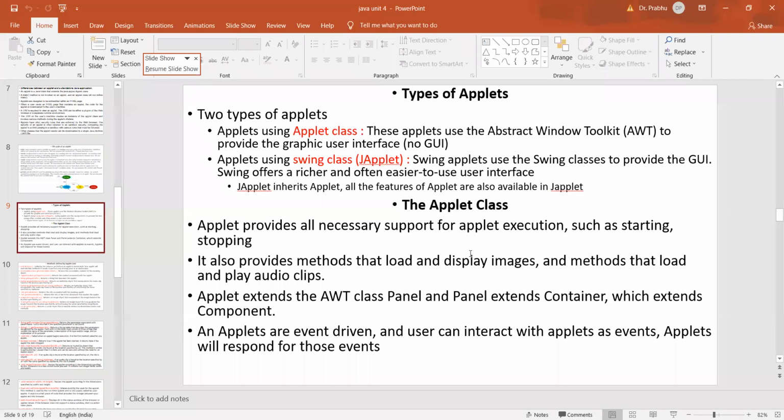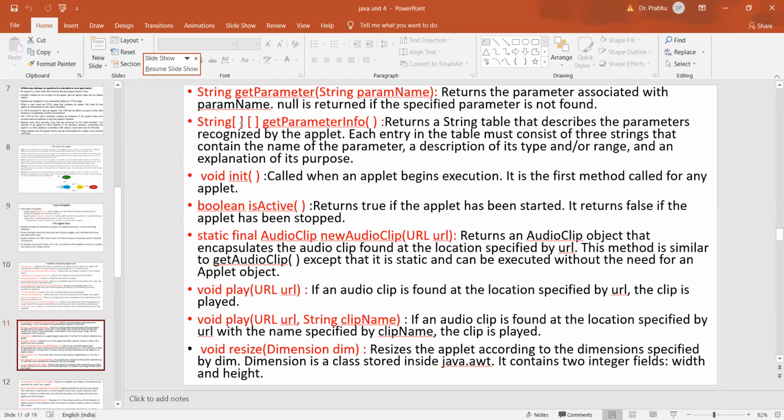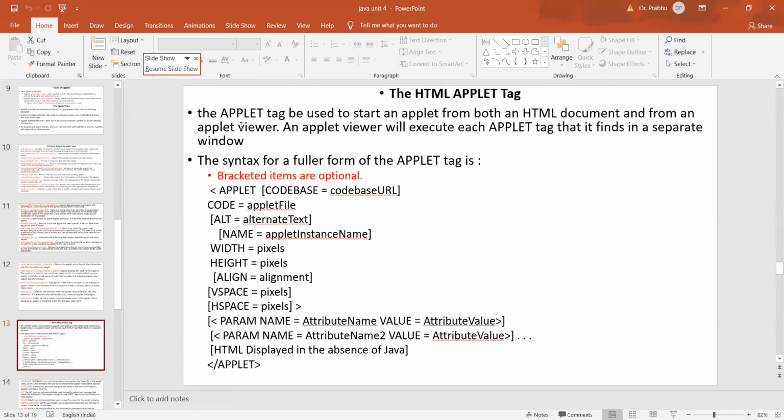The Applet class provides the AWT features, the Abstract Window Toolkit, and there we can get our interface. Our outputs can be visible, and you can see our outputs in the AWT window by using the applet viewer. And these are all the various methods. I think I discussed almost all, the maximum methods: getCodeBase, getDocumentBase, destroy, stop, start, init, all these things. 24 methods are there. Based on the application and necessity, you can use those methods.